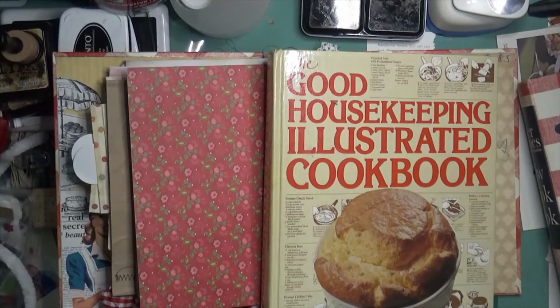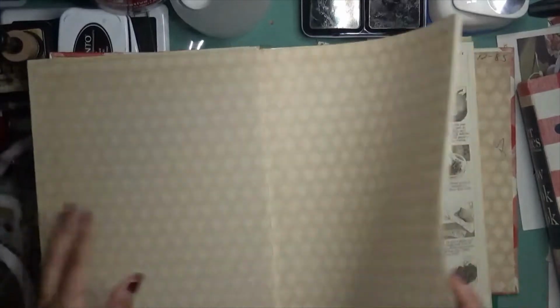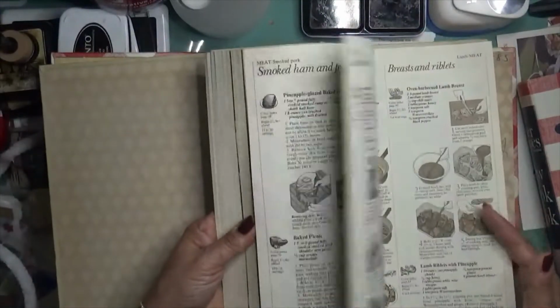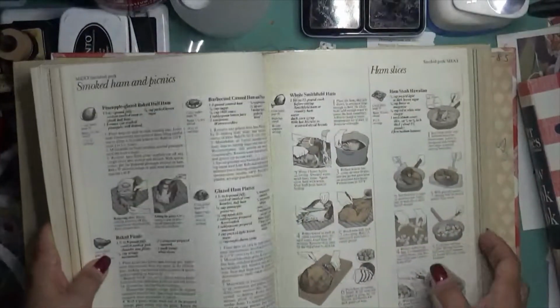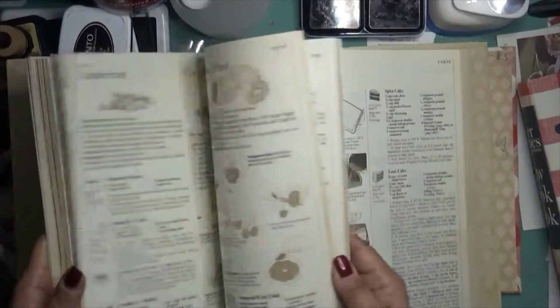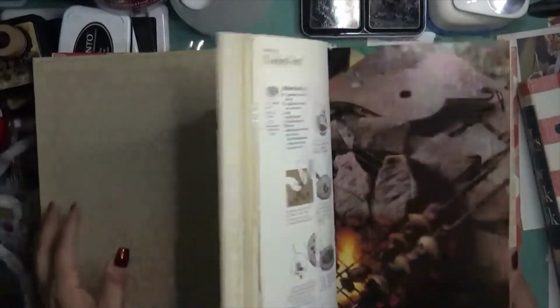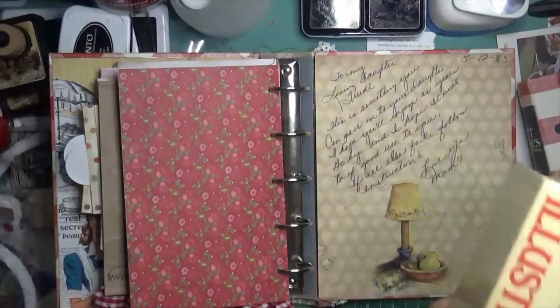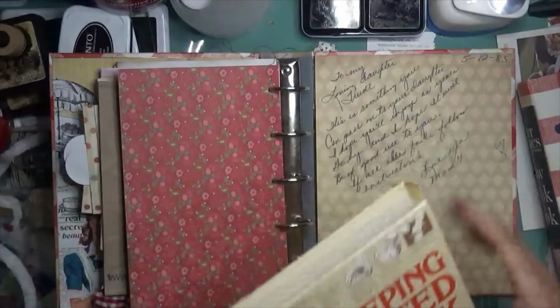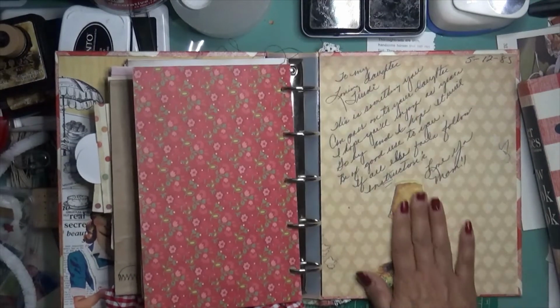But anyways, I found 3 of these books, and I'm going to use the recipes in here that I made, because a lot of these were the cookies that I did for Christmas, pie crust, stuffed pasta. I did a lot of these recipes that my kids grew up with. So I'm going to use a lot of that and put it in there. But I made a copy of that,